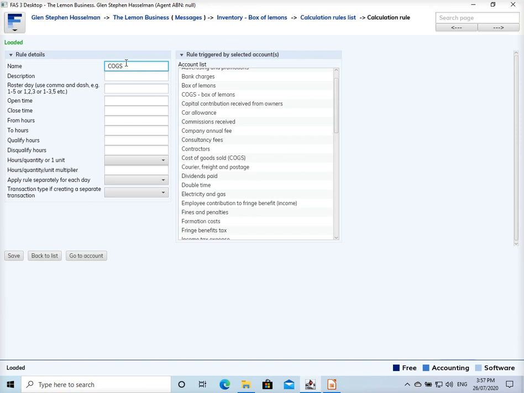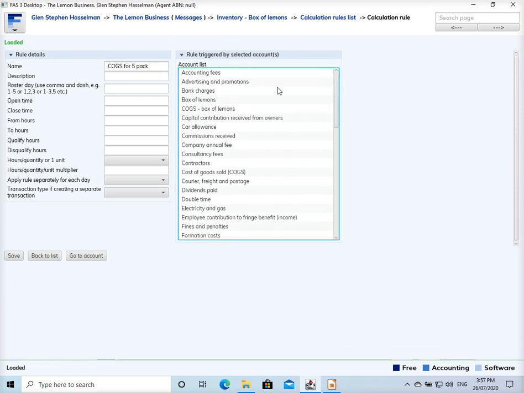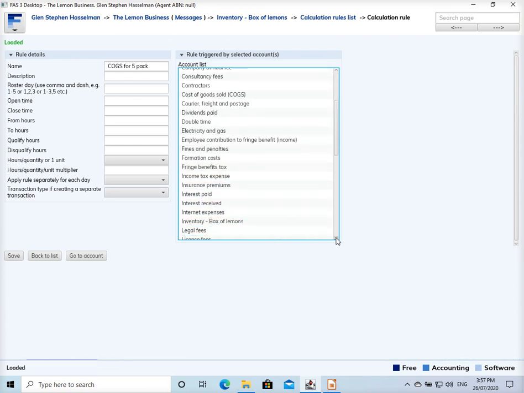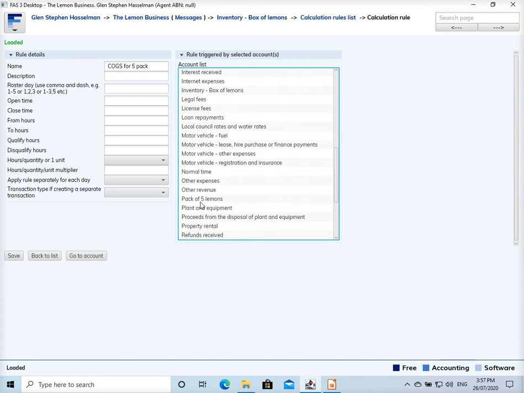Cost of goods sold for, let's call it, a 5-pack. Okay. We want this to trigger when a pack of lemons, let's have a look where it is. Yep, there we go. Okay, so we select that one. All of these, as I said in the last video, they're all for payroll. Okay, now we want to